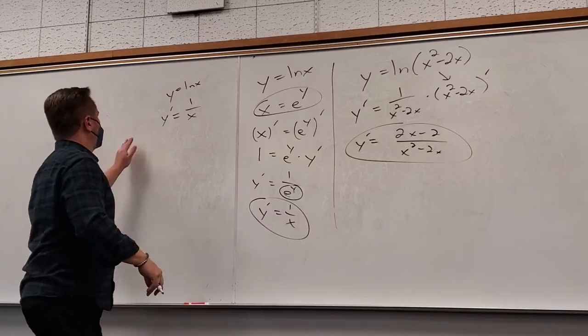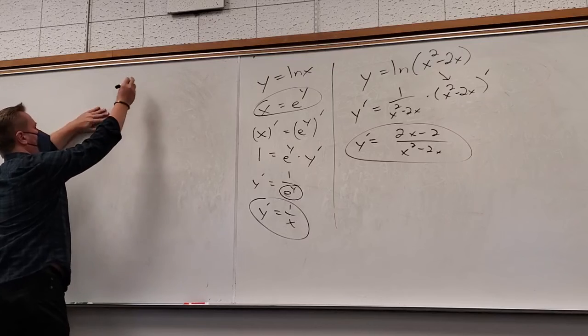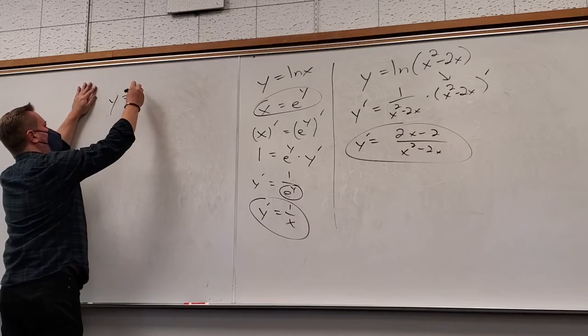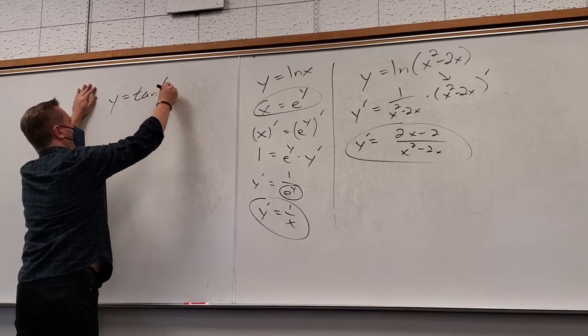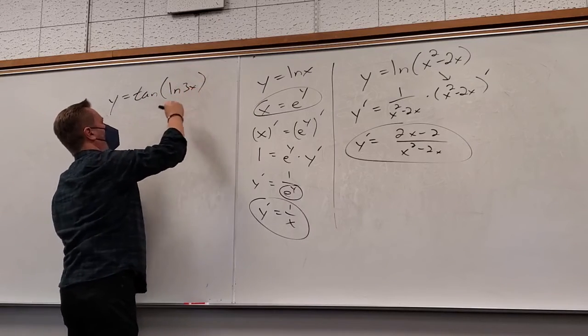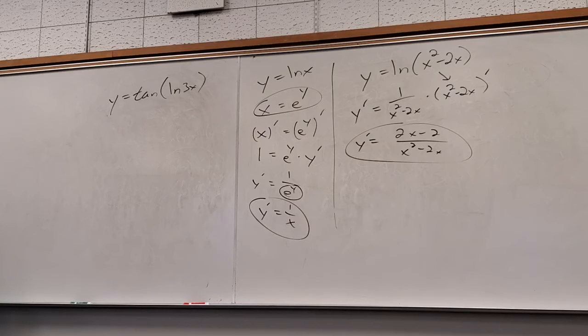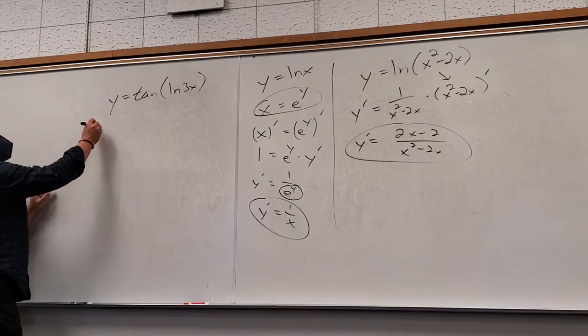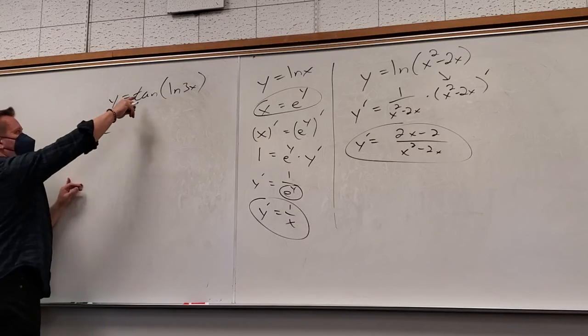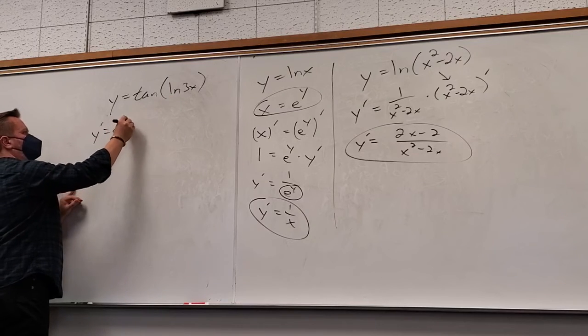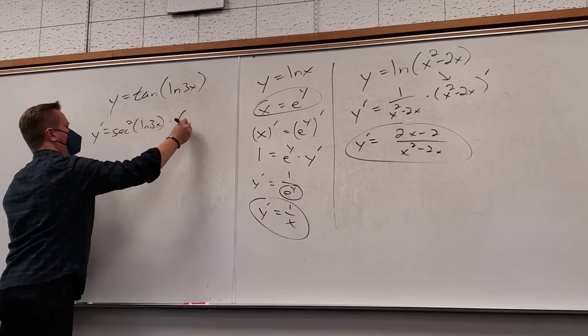All right, one more, then I'll chat. What if I had... Is that a product rule? Hell no, it's not tangent x, it's tangent of something. So it's immediately a chain rule. What's the outside function? Tangent. So when I take the derivative, that's all I care about at first. What's the derivative of tangent of stuff? Secant squared of stuff, times